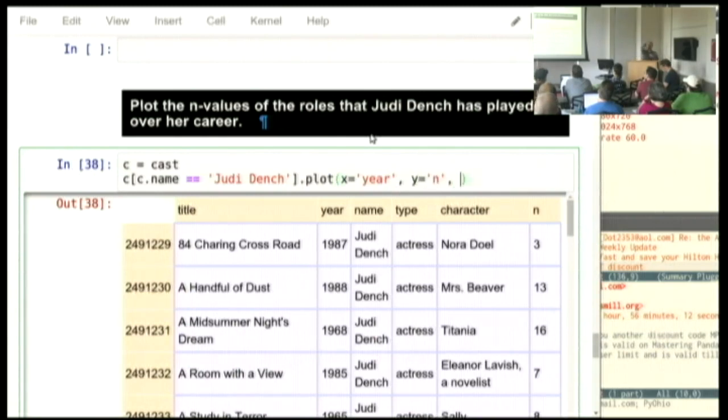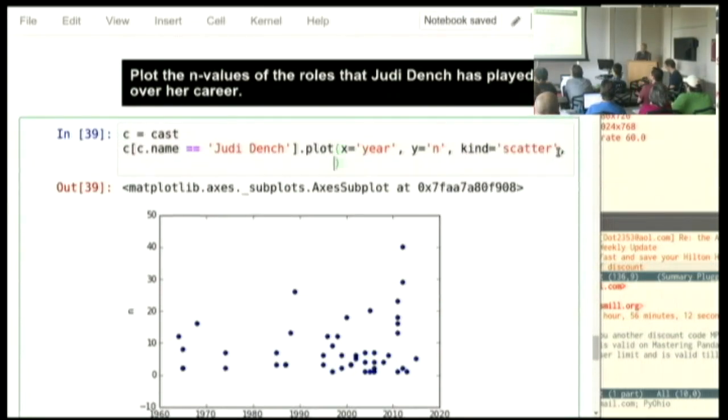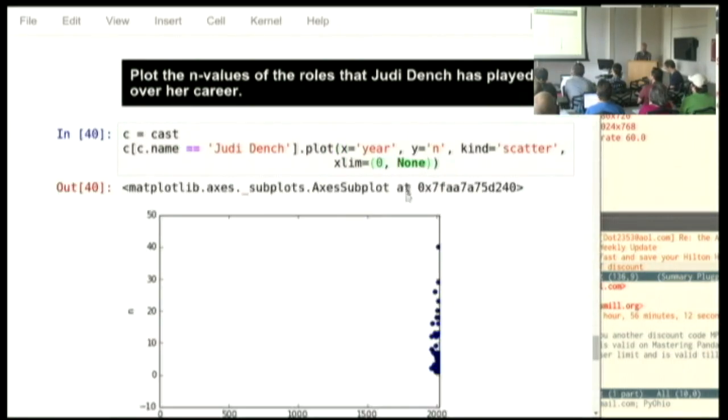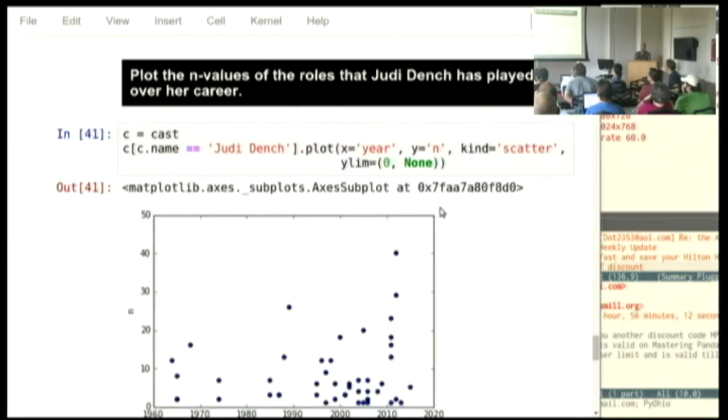And I don't need a line. I don't need lines drawn back and forth. Let's just do, I believe it's called a scatter plot, where you just put a dot. And since none of her values are negative, I don't really need it to go all the way to -10. Let's say that X limits are 0 through whatever it wants to choose. I'm sorry. That goes back. This is her career all the way back to the year 0. I always get this backwards in front of audiences. I mean, Y limit should go down only to 0.